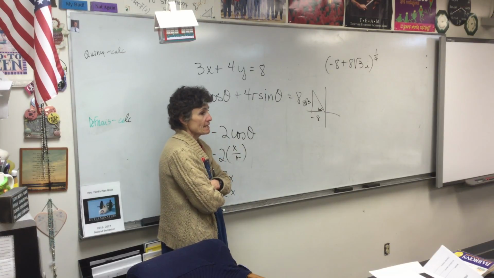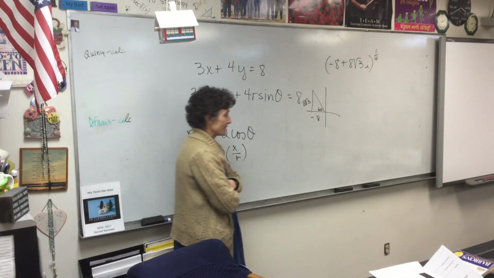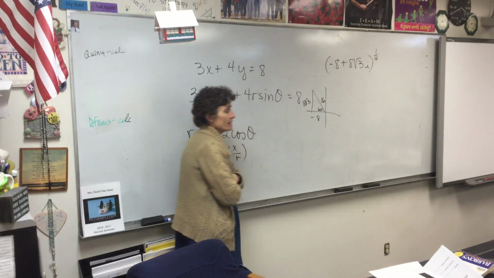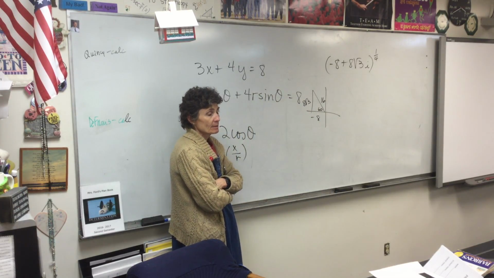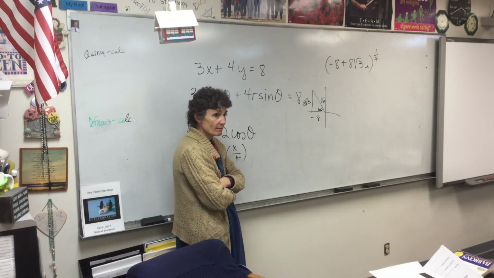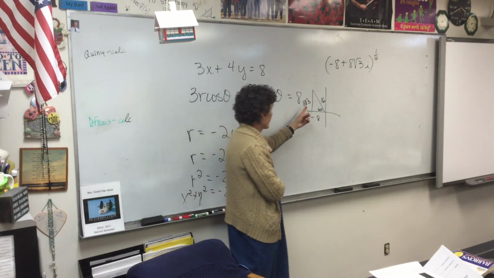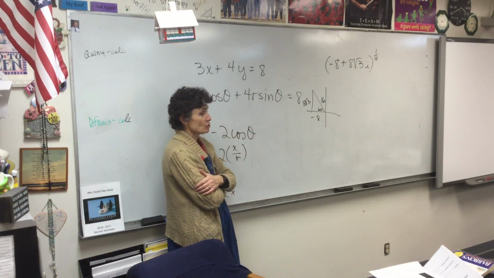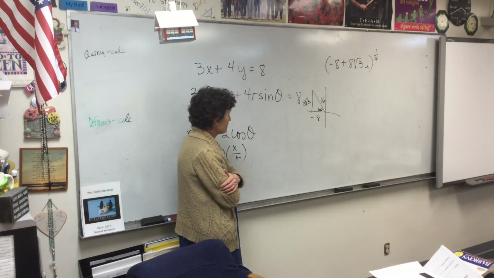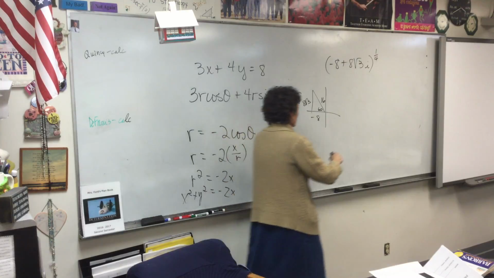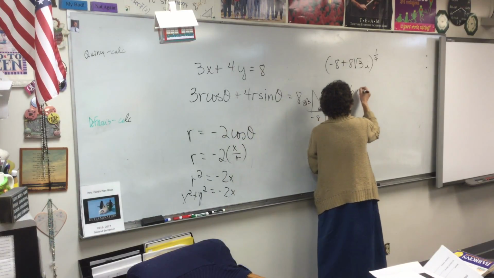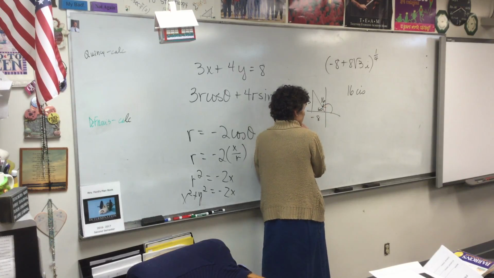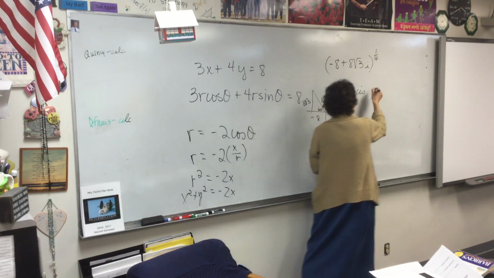How long is that radius? 16. Now again, if you can't see that, then you're going to do the Pythagorean theorem. You're going to square 8, square root 3, square 8, add them up, take the square root, it's going to be 16. So your number is 16 cis, be careful, 120